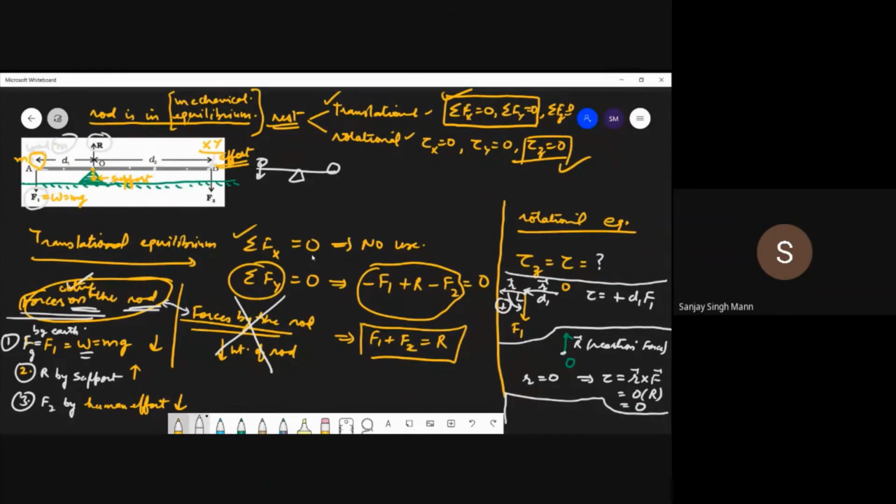Now let us take the third force. That is F2. So torque due to R is 0. So first case, second case, and now the third force. So torque due to this F2. What is the direction of F2? This is the direction of F2. And what is the direction of R? So from O,